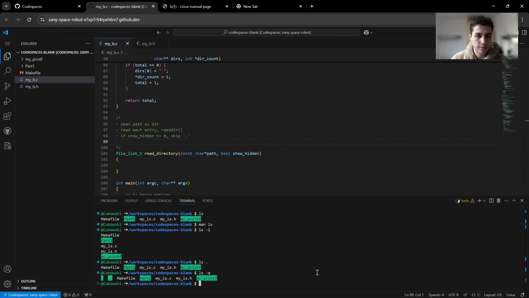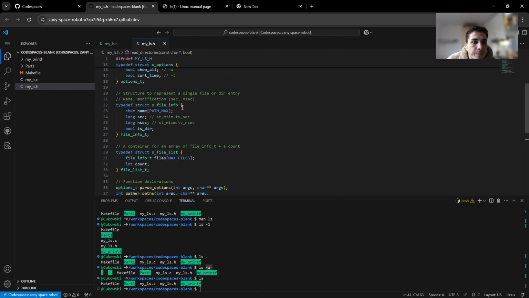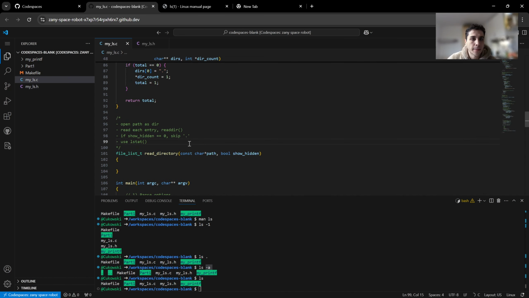As you can see here, if I say ls, we have normal files. If I say ls all, it also shows dot and double dots. So if show hidden is false, we will not show them. We will skip the ones that start with dot. We will use lstat to get the st_mtim tv_sec and nanosecond. Just copy this to get sec and nsec,